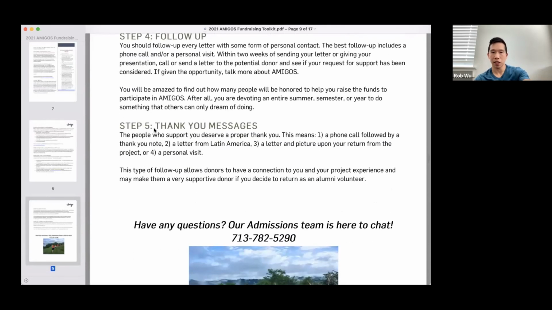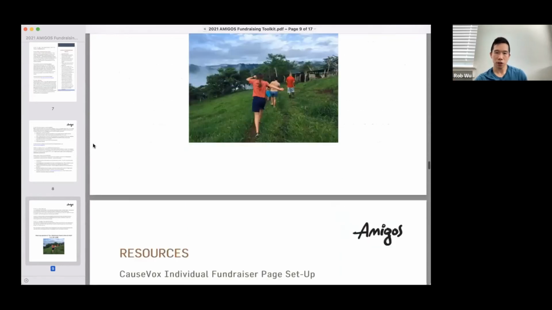One of the pieces I like a lot is that they're asking folks to thank people who donated to their page. I think it's something that's simple, but also very often forgotten because when it comes to your peer-to-peer fundraisers that you source, they don't really know a lot about your organization. They're donating because their friends asked them to donate. So it's really hard to be a good steward as an organization to those folks because they may not know what you do. So if you ask your peer-to-peer fundraisers to thank those donors, it goes a really long way in kicking off the stewardship process as well as the nurturing process for those new donors.